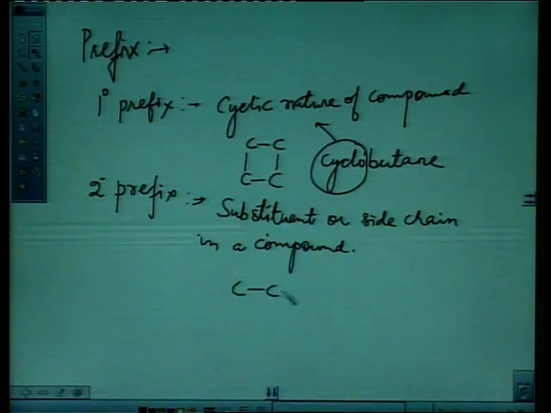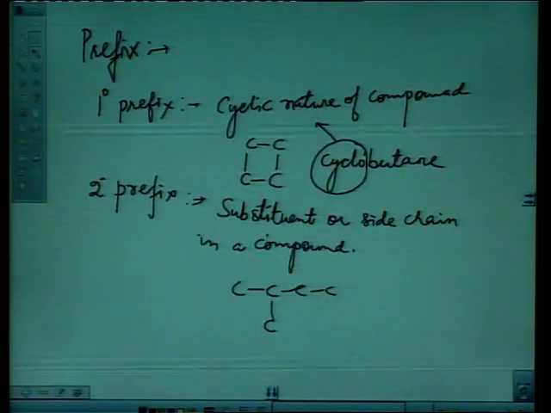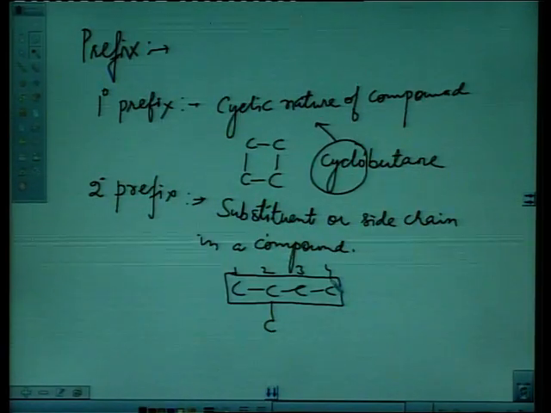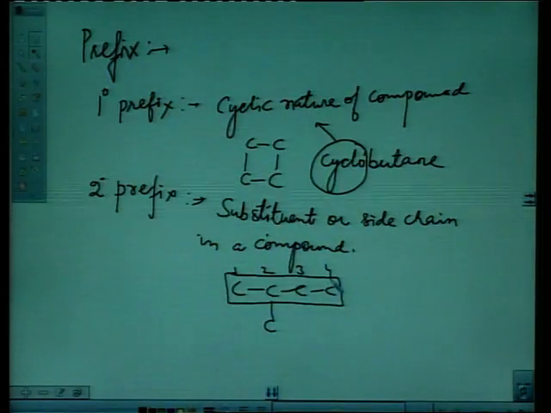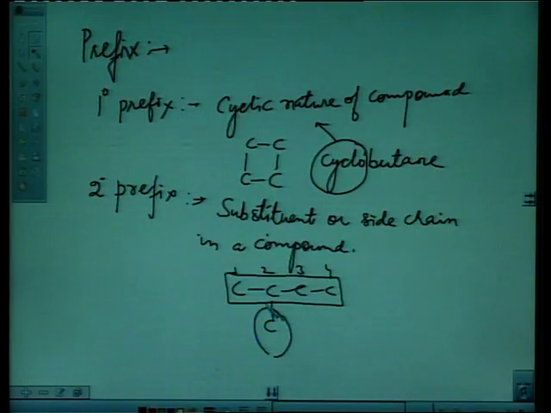For example, if I write this compound, the name of this compound is, first of all we will select the main chain and give them numbers. The longest continuous chain is selected and numbering is done so that the side chain gets the minimum number. So here the group will make the primary prefix, we will make the name